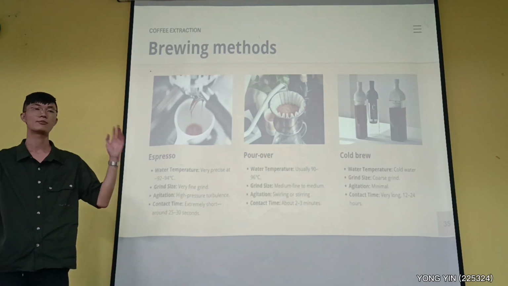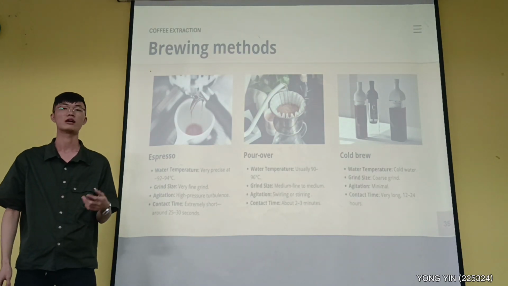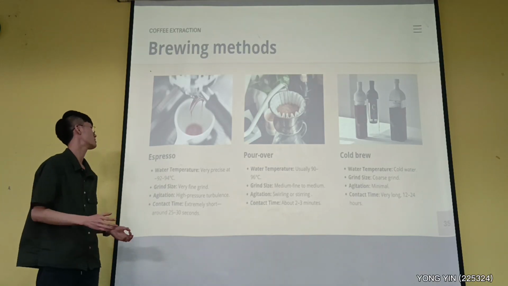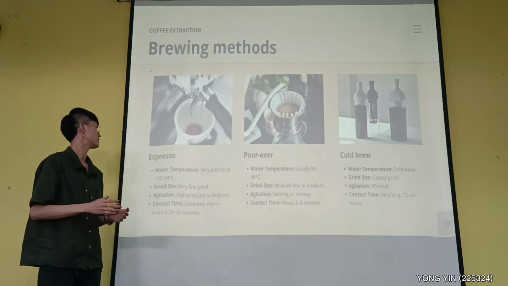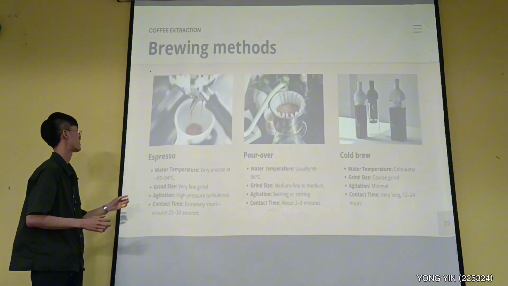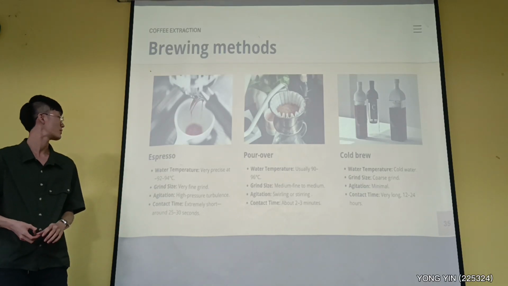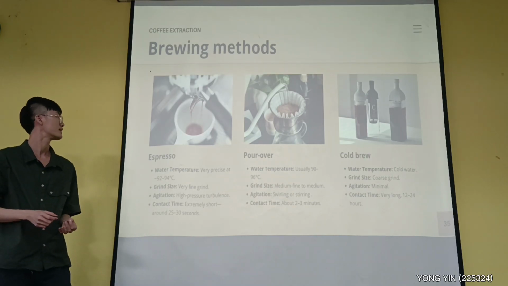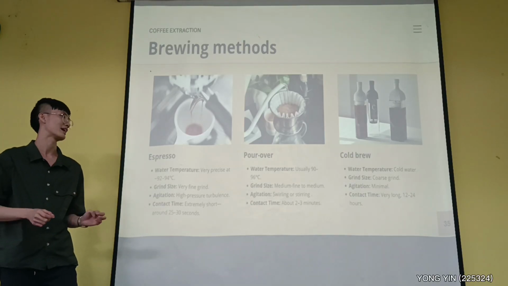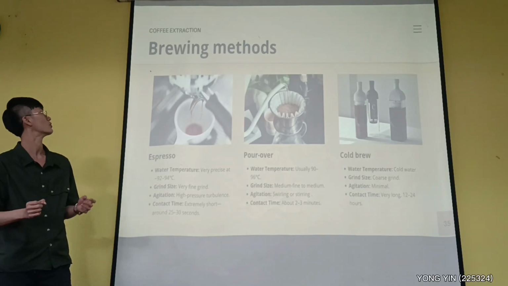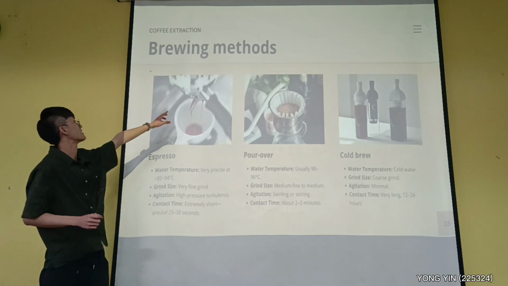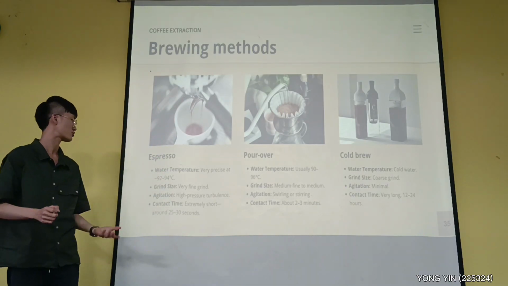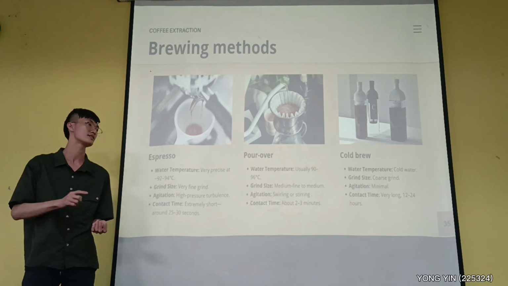Okay. So we have just talked about how individual factors will affect the extraction. So now we will look into how each brew method puts every factor into play. For example, espresso uses a very precise temperature, around 92 to 94 degrees Celsius. The grind size is usually very fine, like powder. Agitation happens inside this thing called a portafilter, due to the high pressure. And the contact time is extremely short, 25 to 30 seconds,